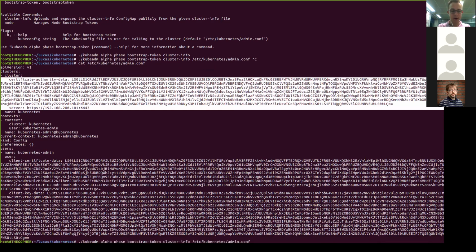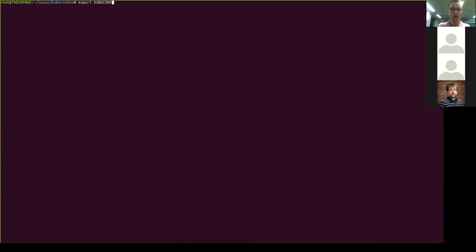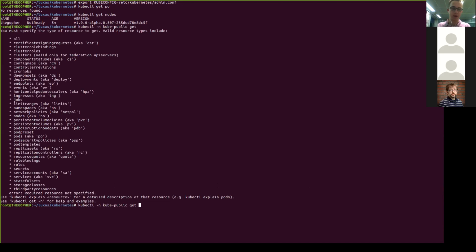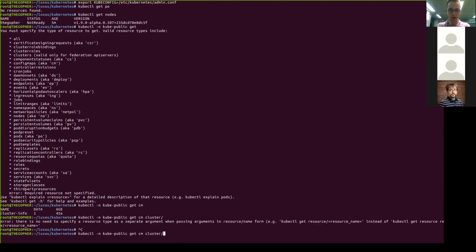There we go. And I can now verify what this looks like. Using kubeconfig, Kubernetes admin conf, I can now do kubectl get nodes. My node is obviously not ready because I don't have any network solution installed yet, but that's coming in a minute. kube-public is the namespace where we have public information. If I do config map, cluster info, and YAML,